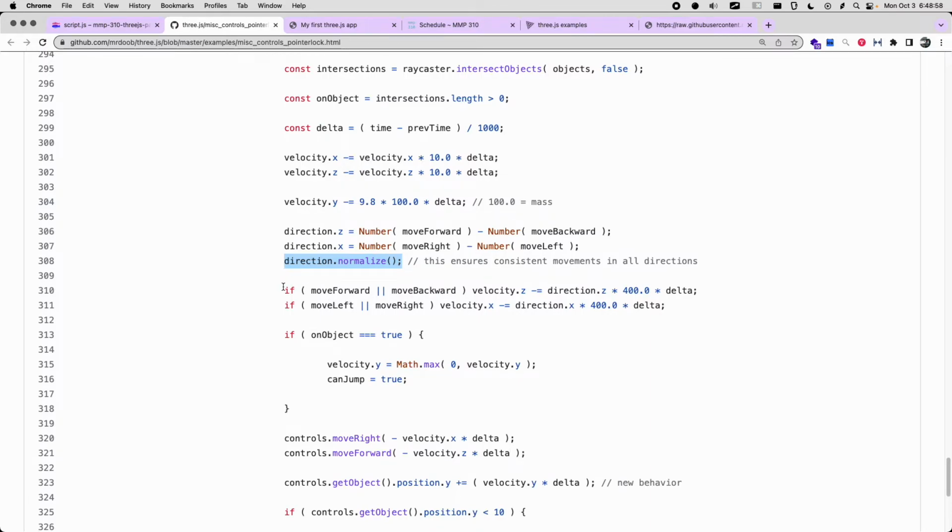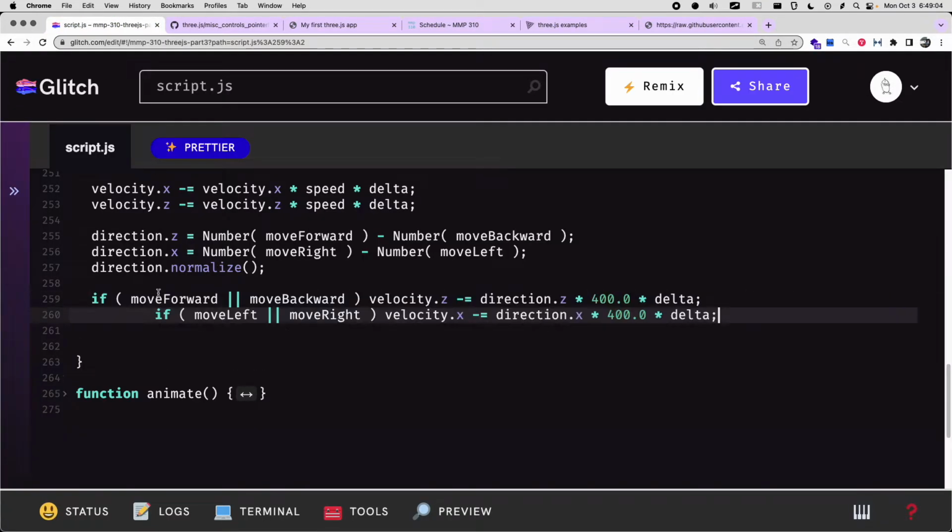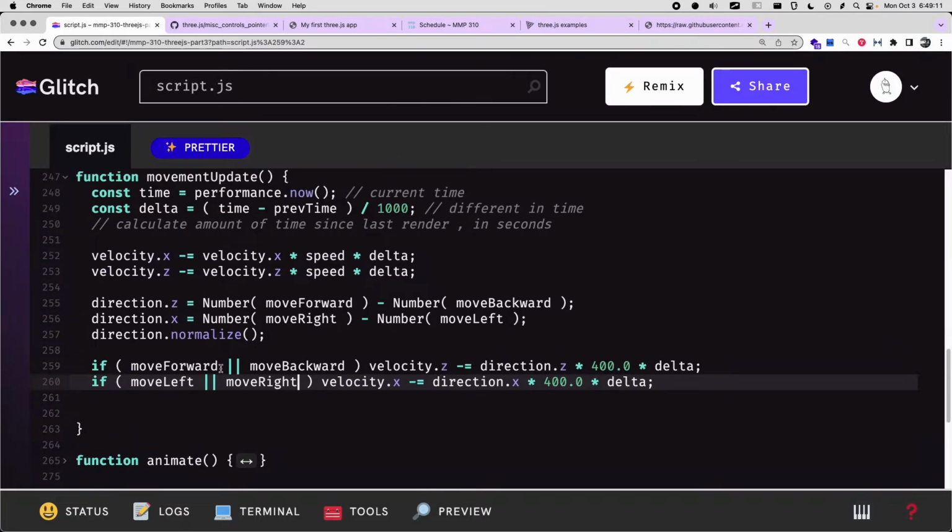Okay, now we're actually going to apply our direction to our velocity. So I'm going to copy this and paste it in. And this is again just a short, elegant way of setting this up. So if we move forward or we move backward, that means we're going to be changing our z velocity. But since we can put them together because we calculated the direction,